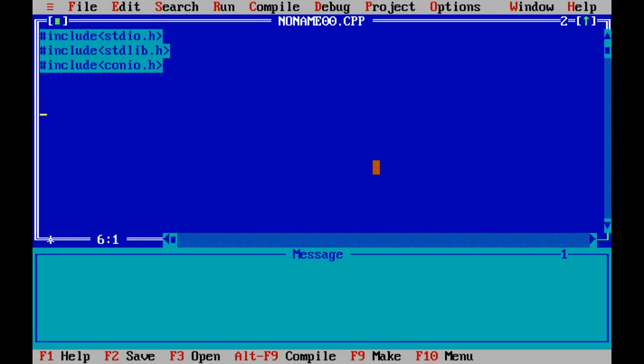So this is the first part, the top part, also called the header part of this program. Once you include all the files that you wanted to include, then start the program using main or void main. So let us start with the void main. I will tell you the meaning of main and void main.